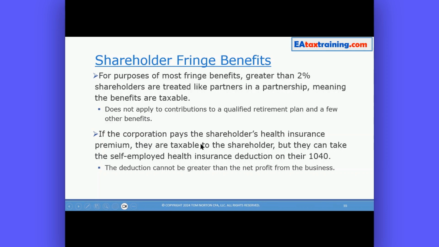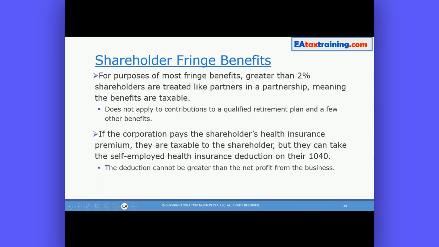If the corporation pays the shareholder's health insurance premium, those premiums are going to be taxable to the shareholder, but they can take the self-employed health insurance deduction on their 1040, which we have talked about previously. Now, in order to do that, though, the deduction cannot be greater than the net profit from the business. But you'll remember all those rules for taking the self-employed health insurance deduction. Well, the greater than 2% shareholder can take that deduction as long as they qualify if the corporation is paying